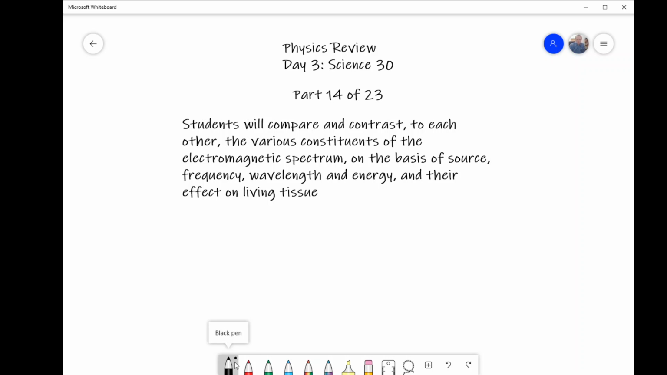So now that we've identified the elements of the electromagnetic spectrum, the next topic is to talk about what sources we have, what frequencies, what wavelengths and energies, and their effects on living tissue. So remember, the energy is just a multiple of the frequency,